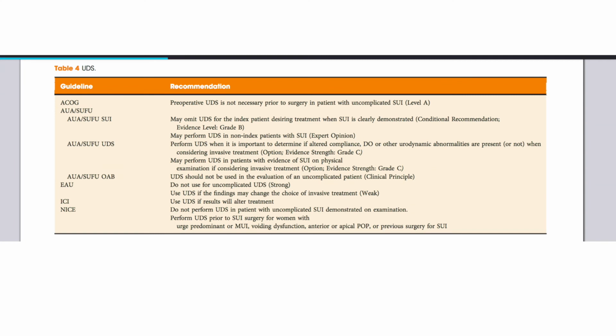So when should urodynamics be done? In my opinion, almost never. And that's also the opinion of various urological organisations around the world, including the AUA, EUA and NICE, as shown in this table published in the British Journal of Urology. It's an unpleasant test. It gives you no further information than you can get from history and examination and common